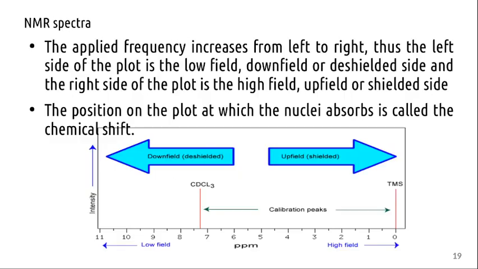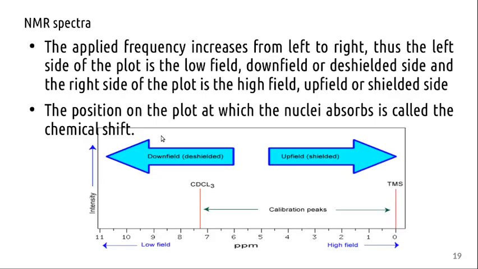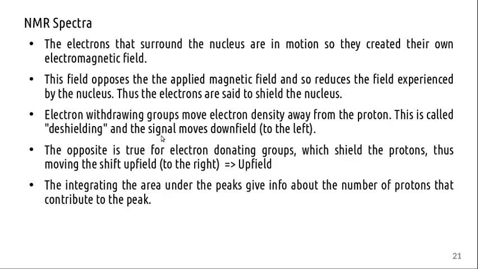As a result, their NMR signals shift towards the right side, the shielded side, upfield, with lower signatures. Those which have electron withdrawing groups around them are deshielded, so they move towards the left. Deshielded groups will have a signature away from the reference.